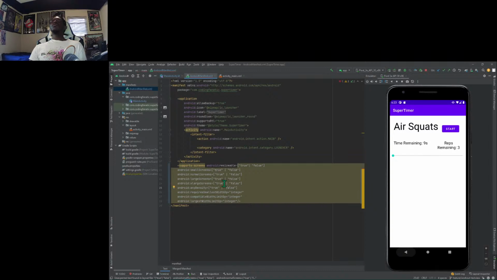Seem to be some problems here. Resizable, let's just say true. Alright, small screens, we'll say also equals true. Normal screens, we'll say true. I think it'd be easier if I just copy this right here. Large screens, we're gonna support everything. Let's just support everything, why not? I'm still new to